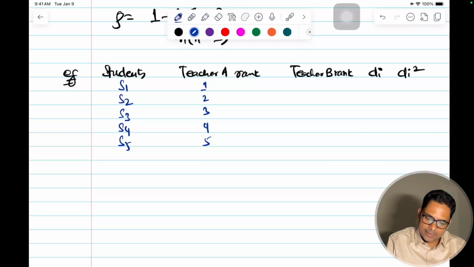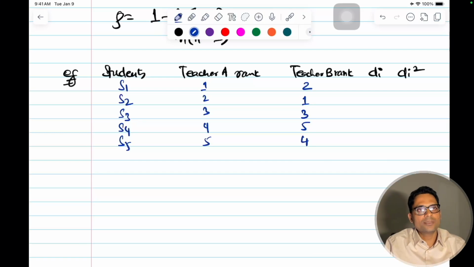And now the second teacher has ranked them like this: 2, and this is 1, 3 is 3, and 5 and 4 they have changed. This is 5 and this is 4. This is what the other teacher ranked. So this is swapped and this is swapped. This is the rank. So what is the difference here? di is the rank difference. 1 minus 2 is minus 1,